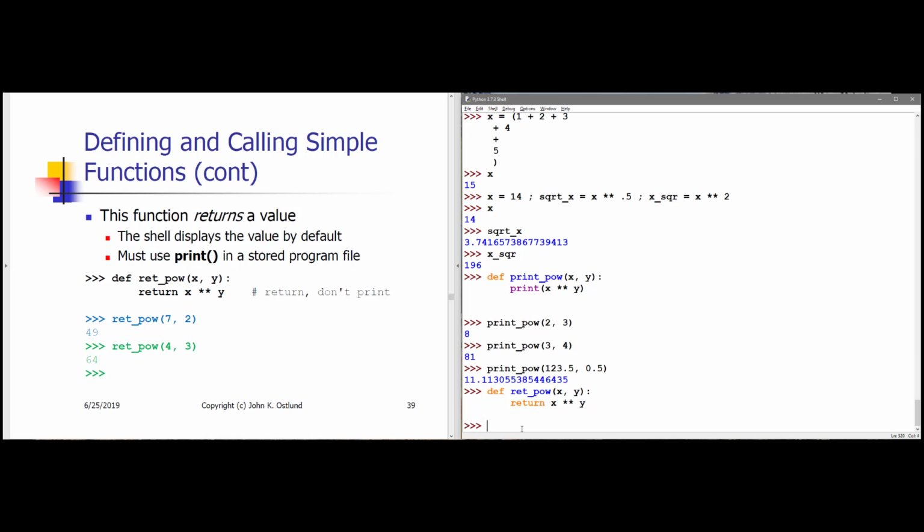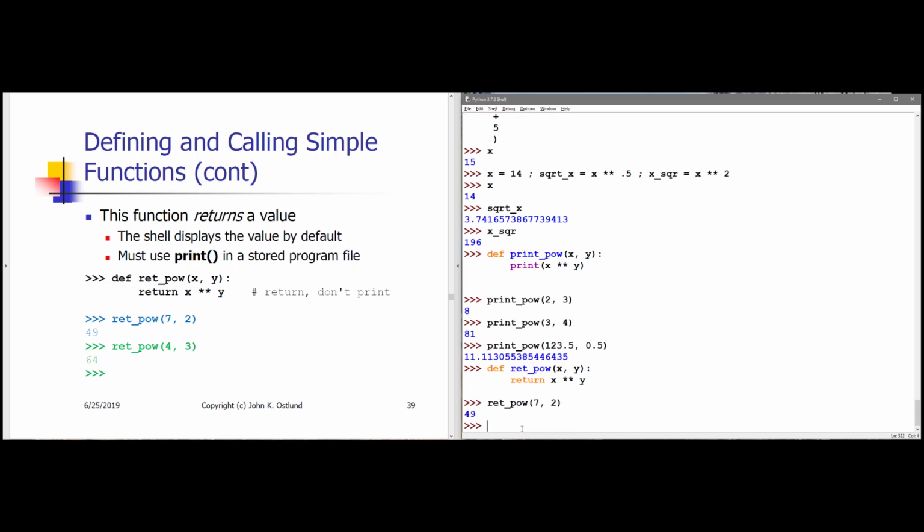So if I now say retpal 7 comma 2 as my arguments. Interesting. Okay, so I said retpal returns that value rather than displaying the value, and yet the value is being displayed for some reason. Well, what's going on here? What's happening here is that,